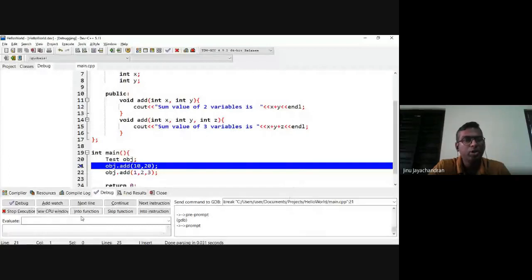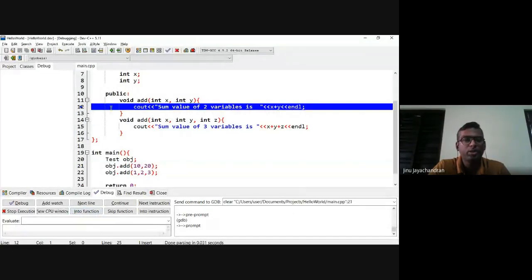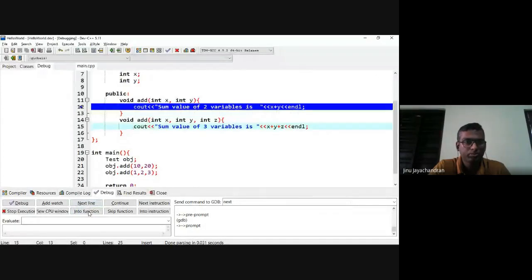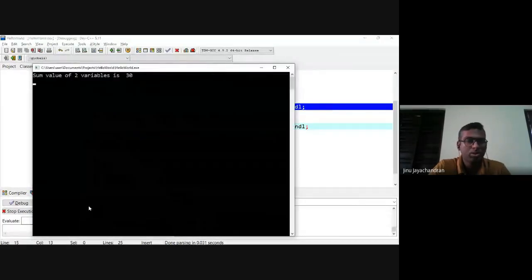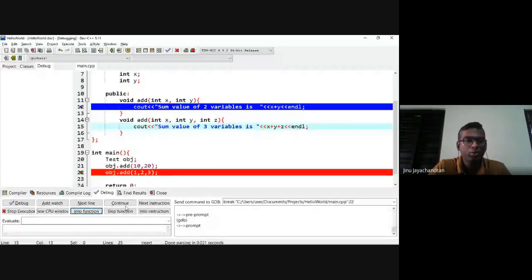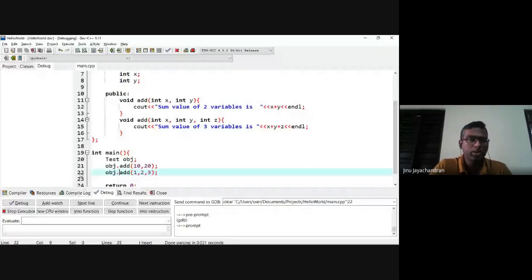in the first function call, it has called the line number 11 function. Okay, it has executed that. Come back. Now, I think there is some problem with my debugging. Let me just put it once again.